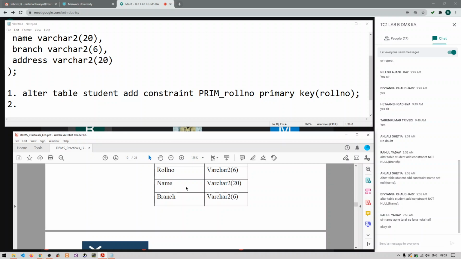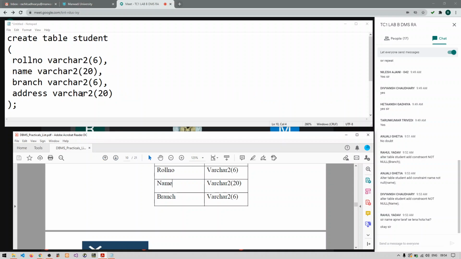But actually we are not adding any constraint to this particular name column. We are trying to change the existing constraint of the column. How can we say we are changing the existing constraint of the table?